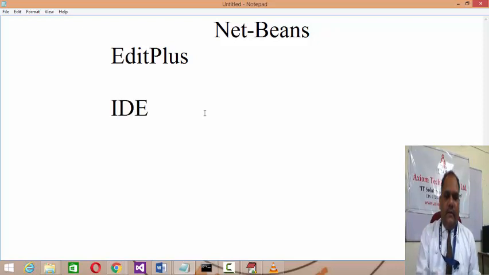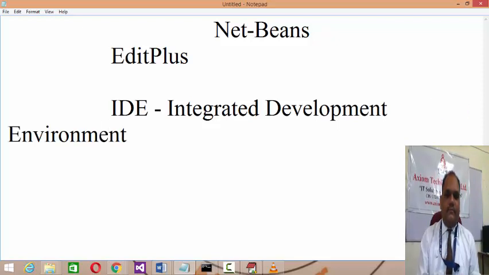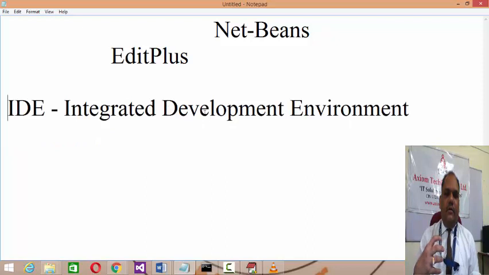IDE stands for Integrated Development Environment. If your project consists of n number of files, it's very tough to deal with all the files using Edit Plus. So in such situations NetBeans needs to be used.